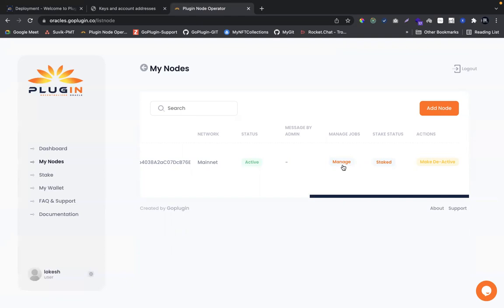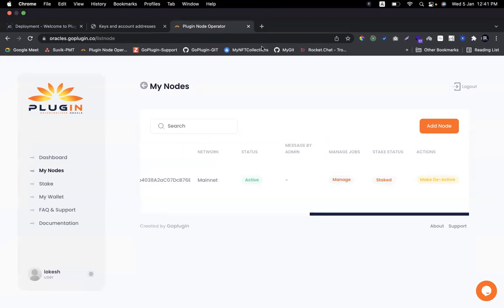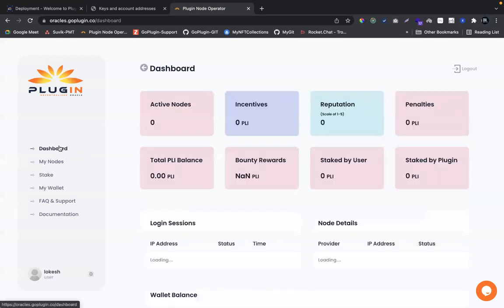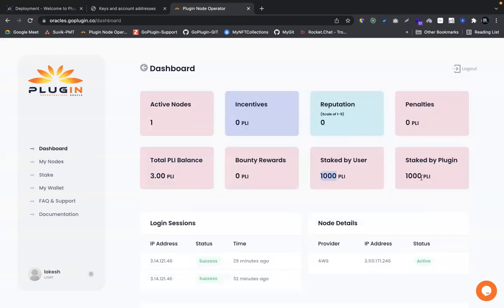Okay, so far we have covered a good amount of steps, but let's do a quick recap of what we have done so far. We have added nodes and then we have submitted to the admin and then they approved it and then we staked it and then plugin staked it. Now you can see both the users have staked. If it is non-bounty winners, the plugin staking will not come into picture. Only you are going to stake for your node to be displayed in the marketplace, and you can see the active nodes are 1 now, right?